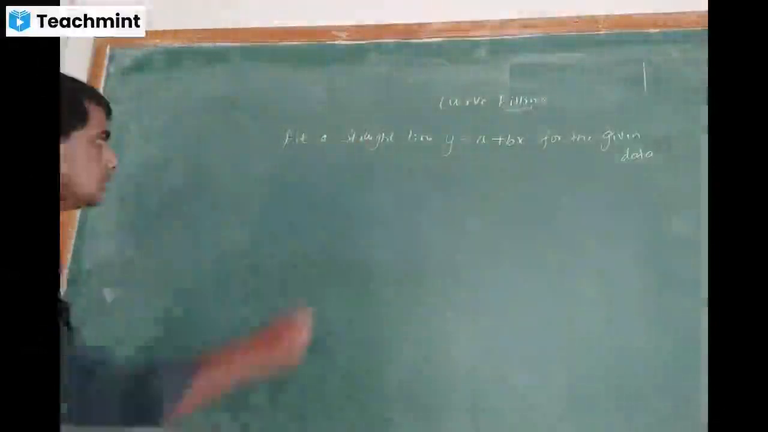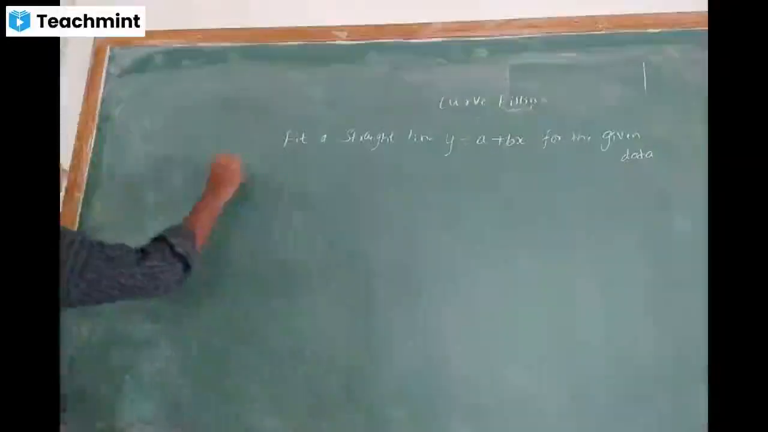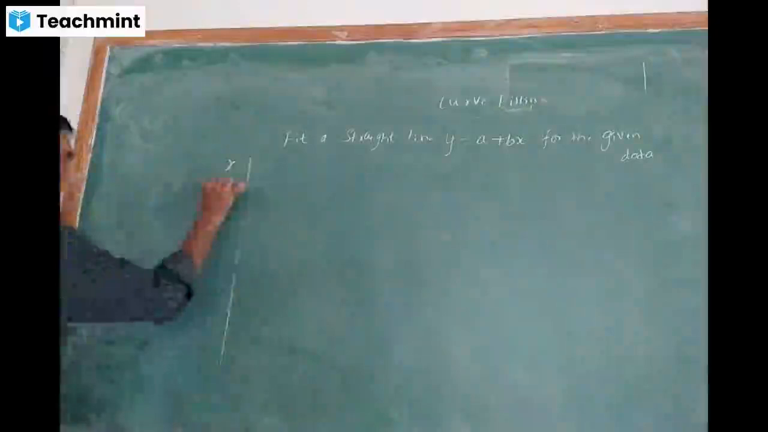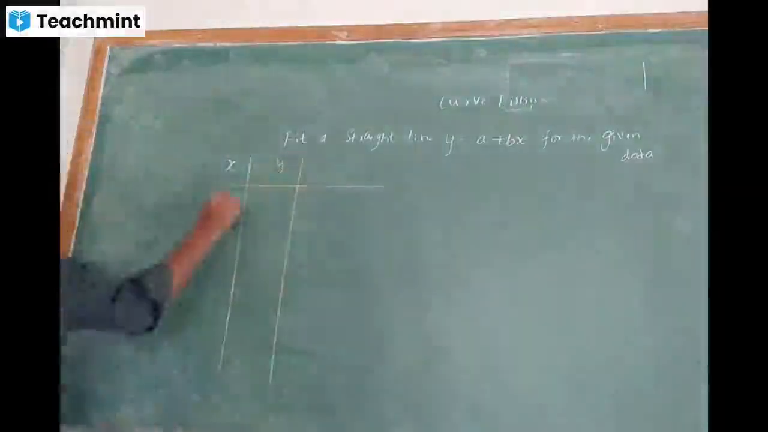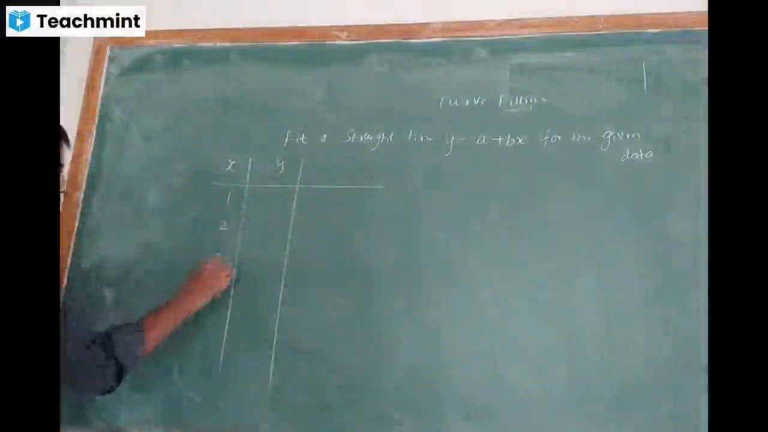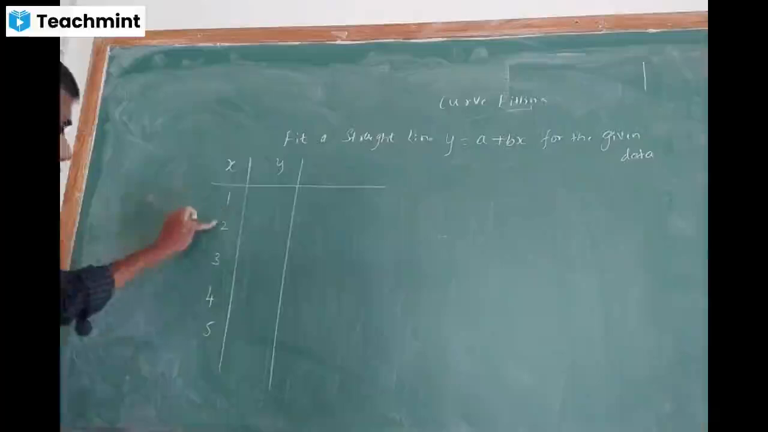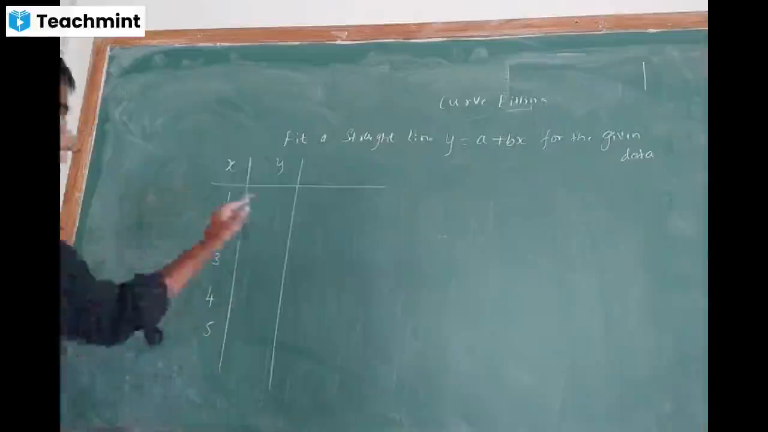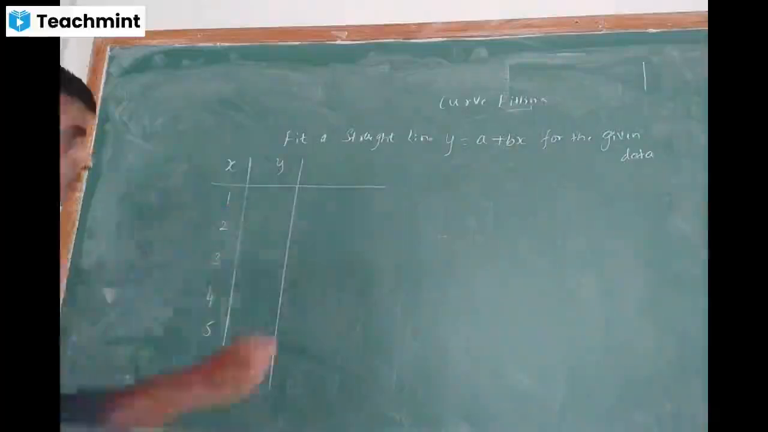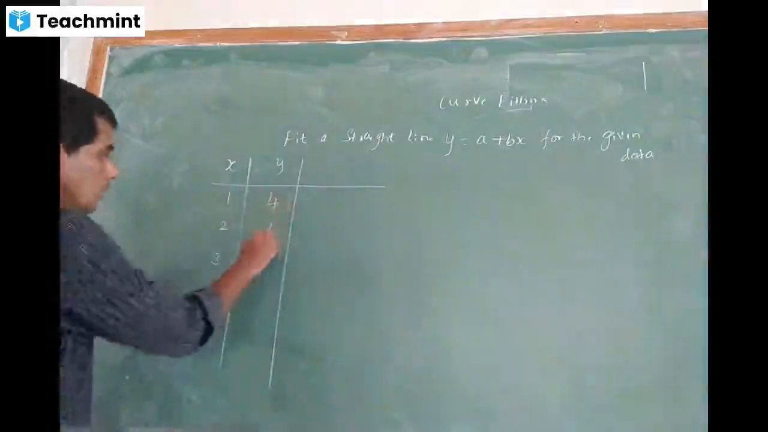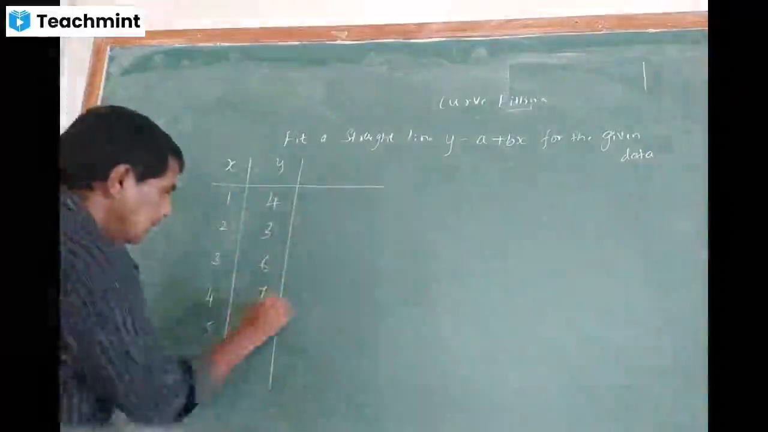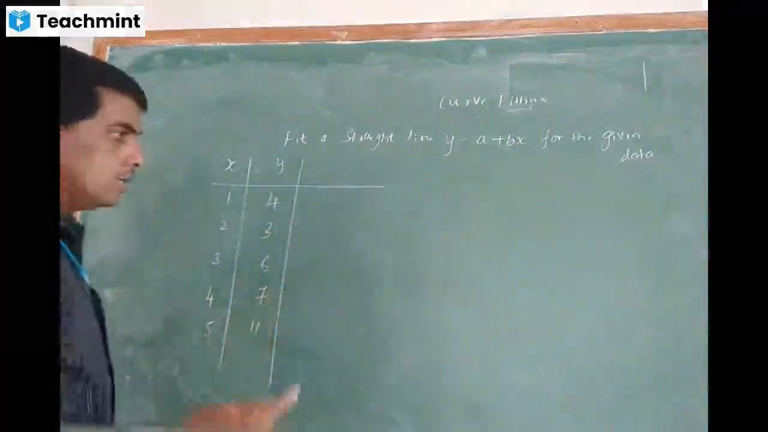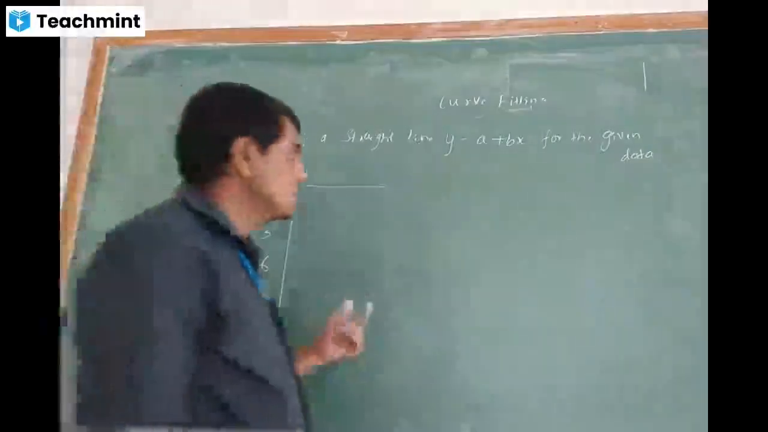So I'll just change the format. X value and y value. The x values are 1, 2, 3, 4, 5. Next, the y values are 4, 3, 6, 7, then 11. So with respect to the normal equation, first thing we write